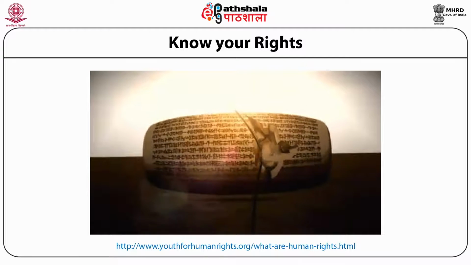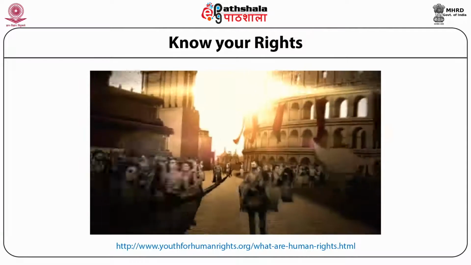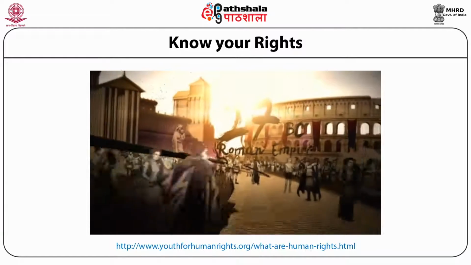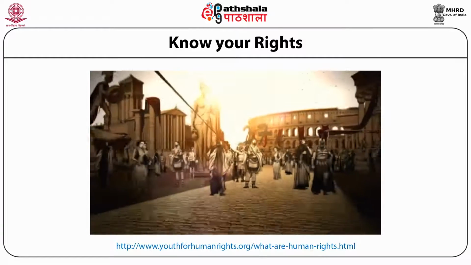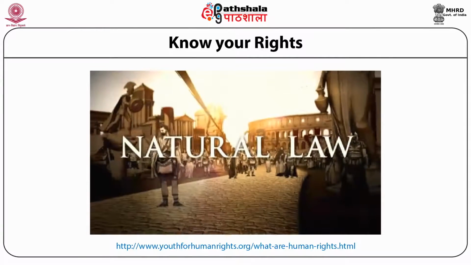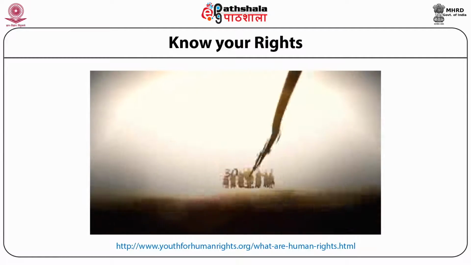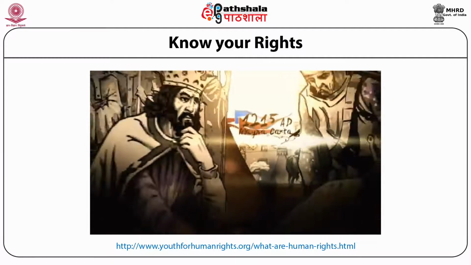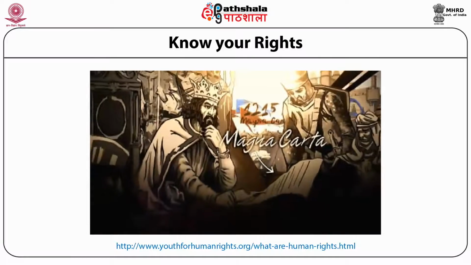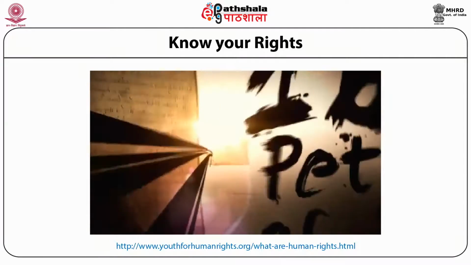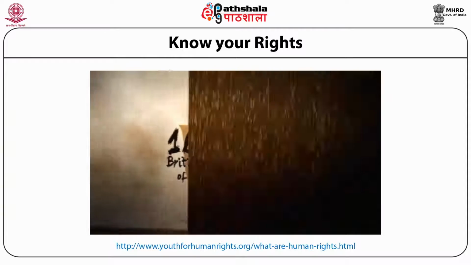The idea spread quickly to Greece, to India, and eventually to Rome. They noticed that people naturally followed certain laws, even if they weren't told to. They called this natural law, but it kept getting trampled on by those in power. Not until 1,000 years later in England did they finally get a king to agree that no one can overrule the rights of the people, not even a king. People's rights were finally recognized, and they were now safe from those in power.